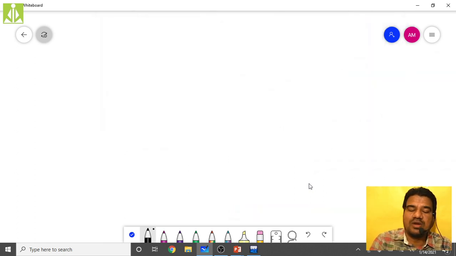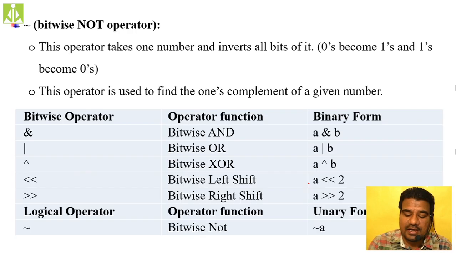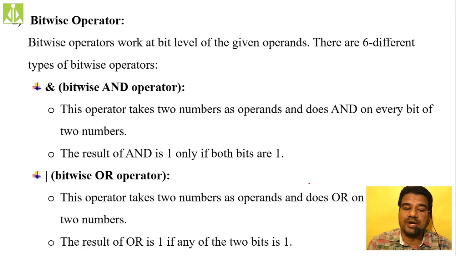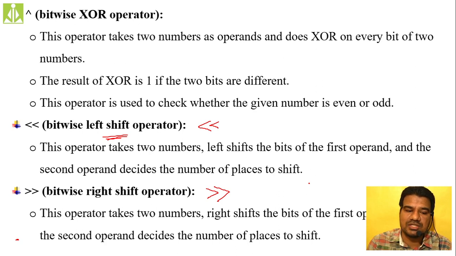So with this we have concluded all bitwise operators, and as I said, all bitwise operators are very important, and many times they will ask you a 7 marks question, so you have to explain all these things: bitwise AND, bitwise OR, bitwise XOR, bitwise left shift, bitwise right shift. With examples you have to show. Of course I have not given the examples over here, but in your exam you have to explain all these things with examples. That is the reason why you should write down all these things in your notebook.